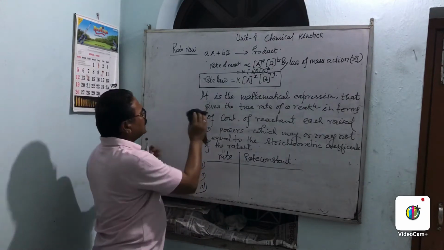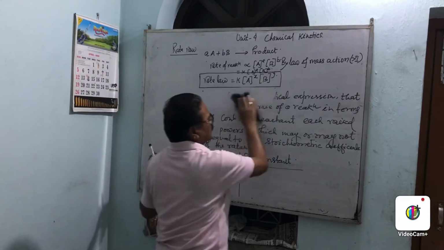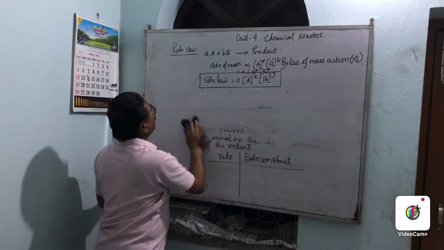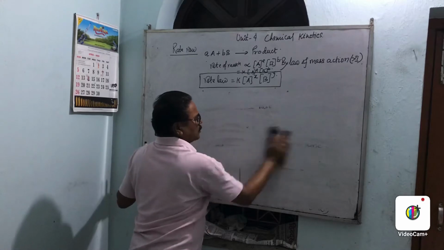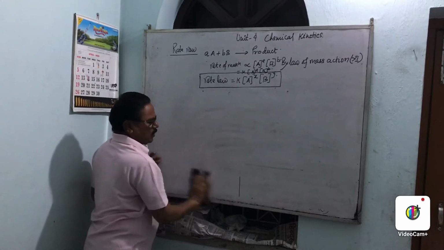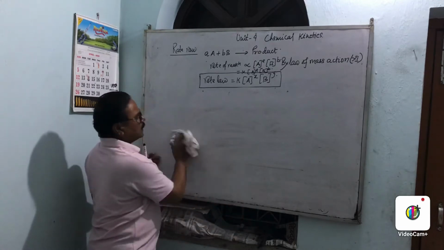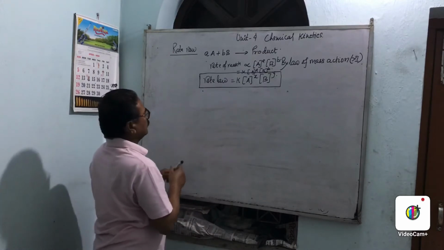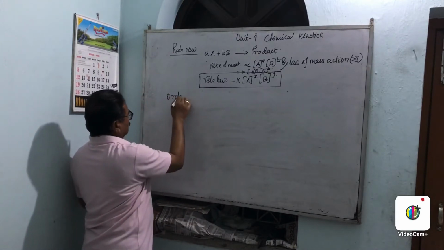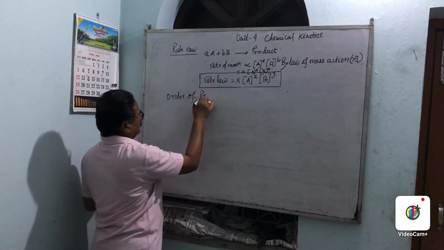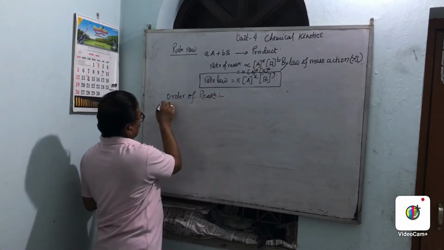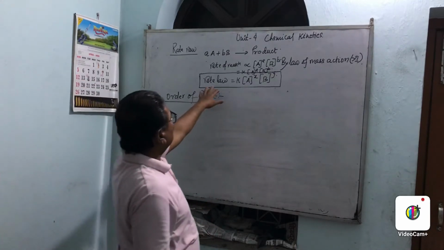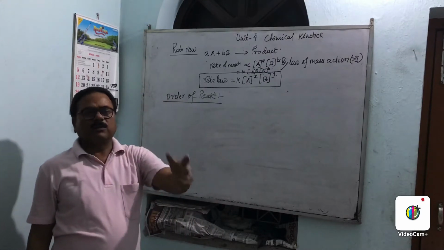So from that, what is the need to introduce the rate law? There is one very important thing from the rate law. Another topic, another objective to learn, is the order of reaction. So we write here the order of reaction. It is asked to define the order. From the rate law, we are able to define the order of a reaction.